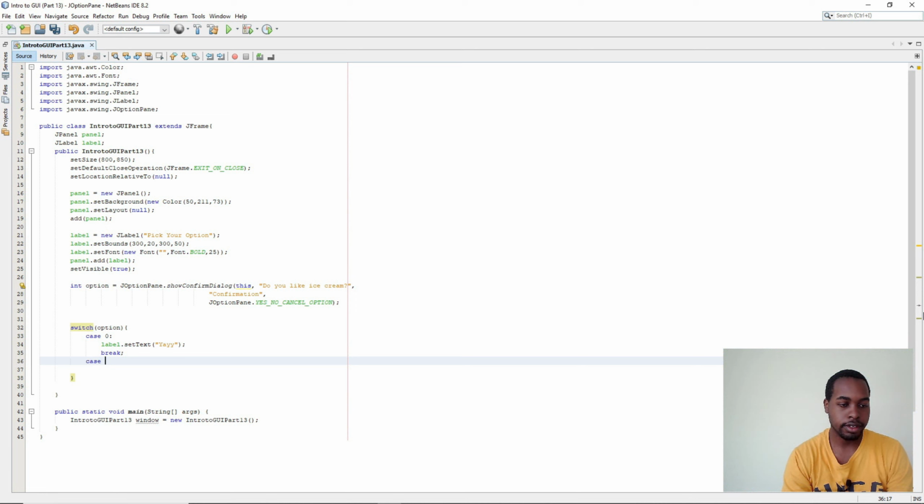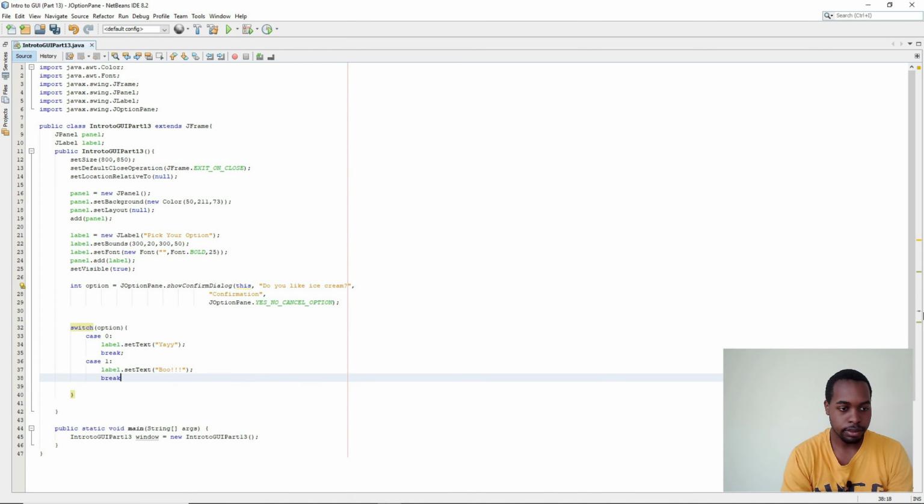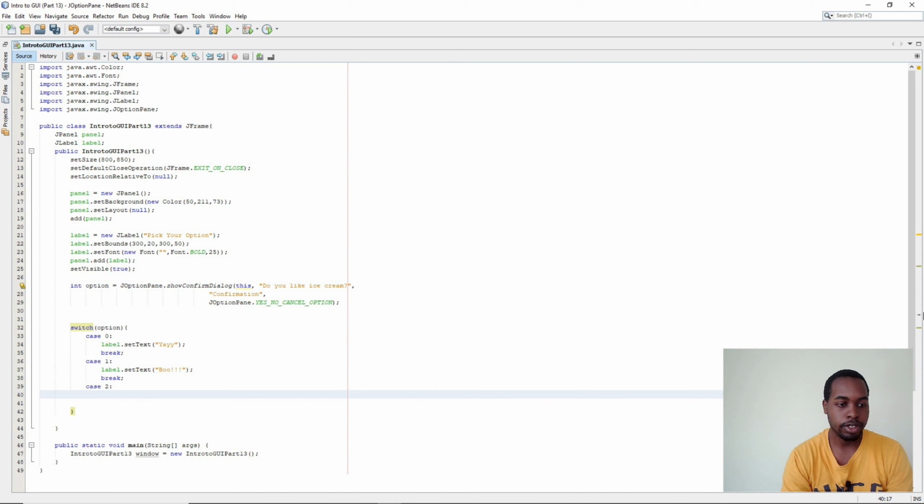Next we say case 1, which is equivalent to no, label.setText to boo, break as well. And then lastly, case 2, which is equivalent to cancel, label.setText to